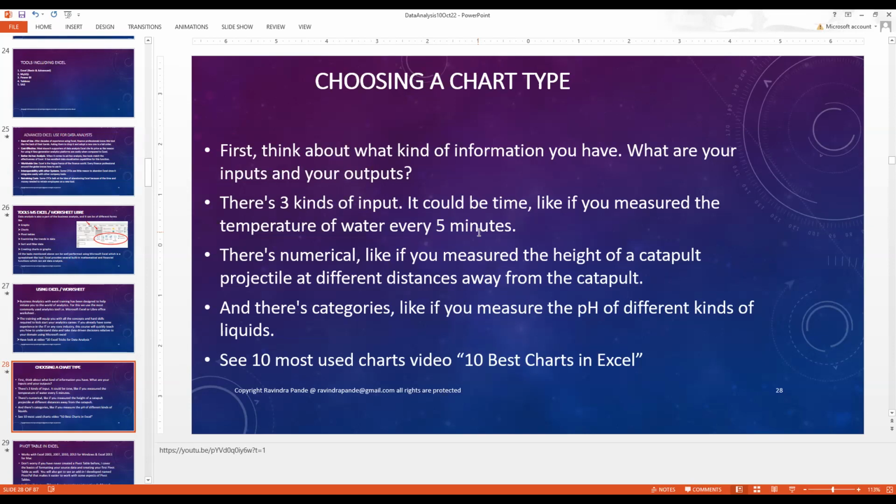And there are categories, like pH, which you can measure in liquids. We talked about temperatures already. We talked about seasonal windy conditions, open light conditions, and so on. So here we are talking about categories of data. With these, you can build a good chart in Excel. This is also a great mentor which is going to guide us on how to create the 10 best charts with a click, within minutes, from whatever data you have.